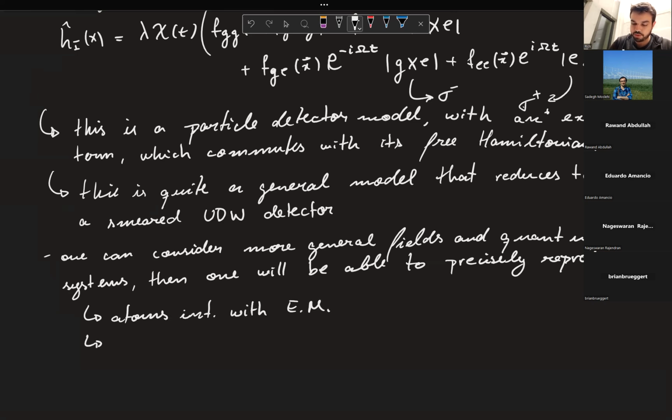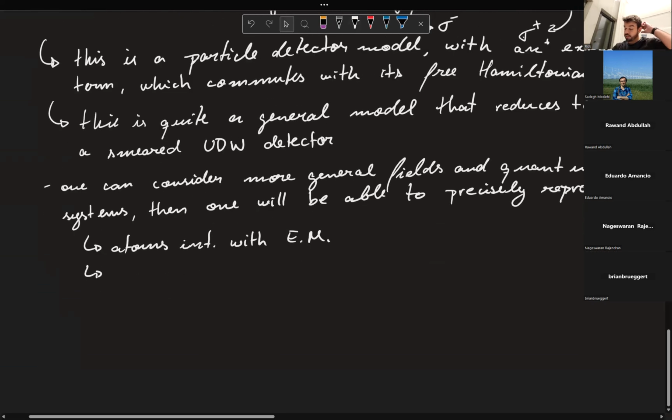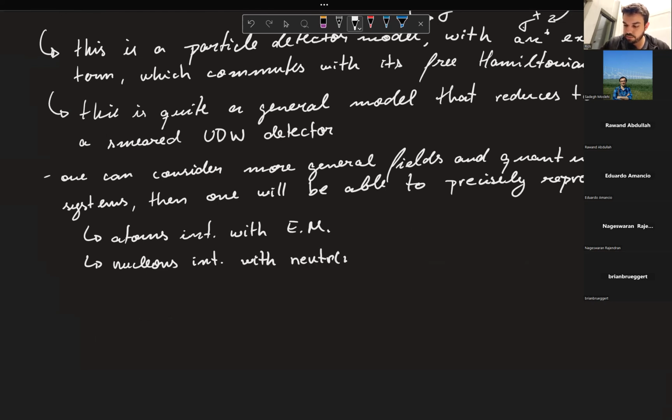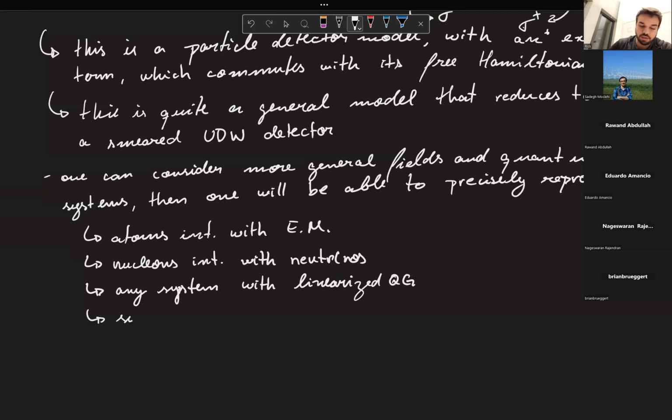Then with no approximations whatsoever, you're still going to get this localized non-relativistic quantum system coupled to the electromagnetic field. Nucleons interacting with neutrinos. So neutrino detection can also be modeled by systems like this. Any system with linearized quantum gravity, or for instance superconducting qubits interacting with electromagnetism, which is probably where we're going to see the first examples of experiments being done